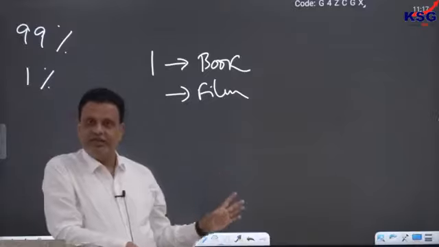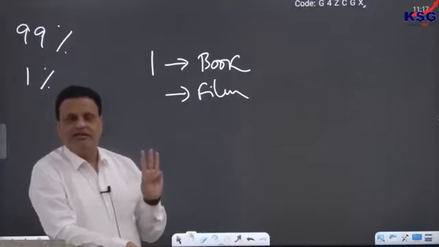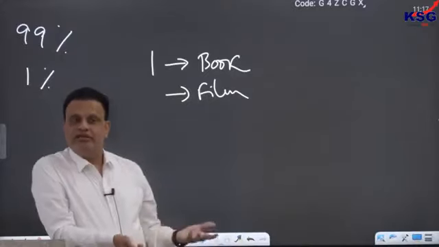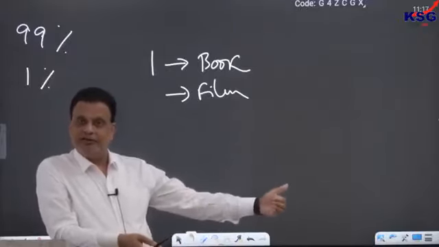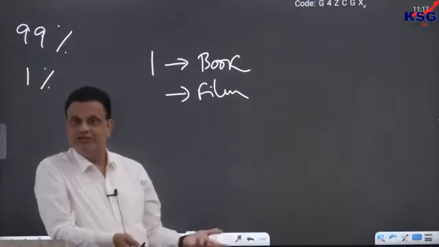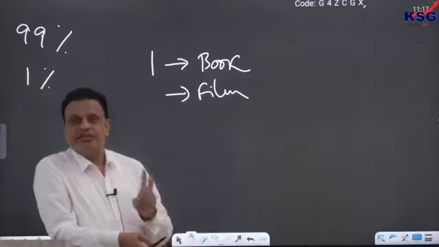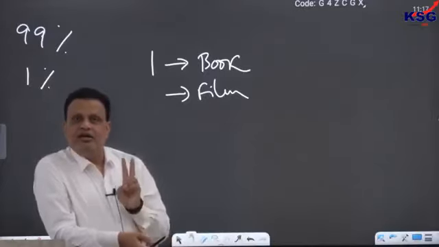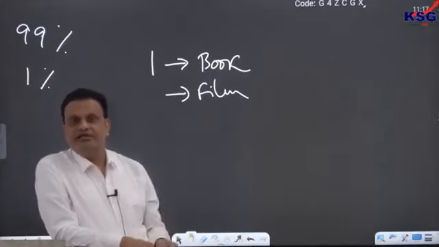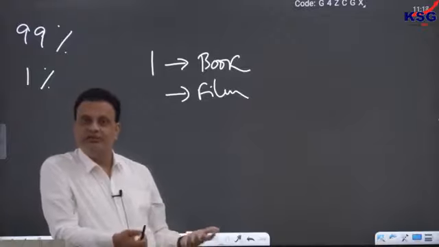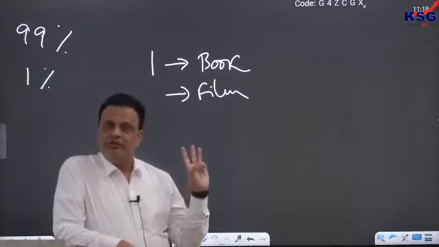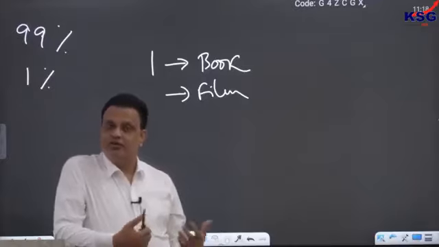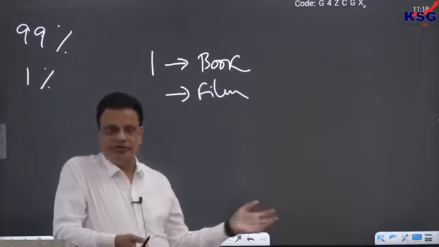What are the liberties that you have? The same three liberties. If you don't like that film, then simply don't watch it. Why are you paying money to watch a film and then get offended? So that is a very stupid thing to do. Don't watch it. The second liberty that you have is that you can tell people that this film is a bad film. You can write reviews against that film. That is the second thing that you can do. And well, if people agree with your opinion, then nobody will watch it. The film will become a flop on its own.